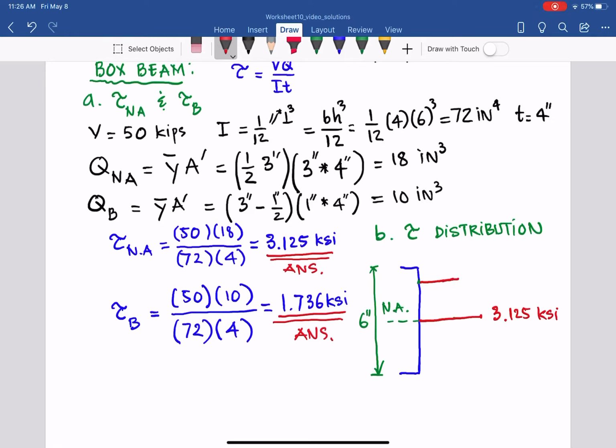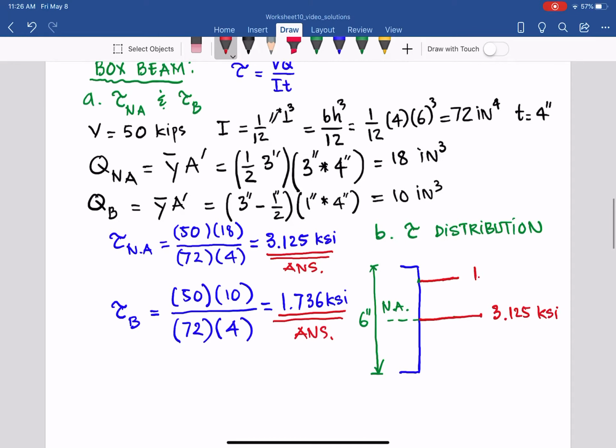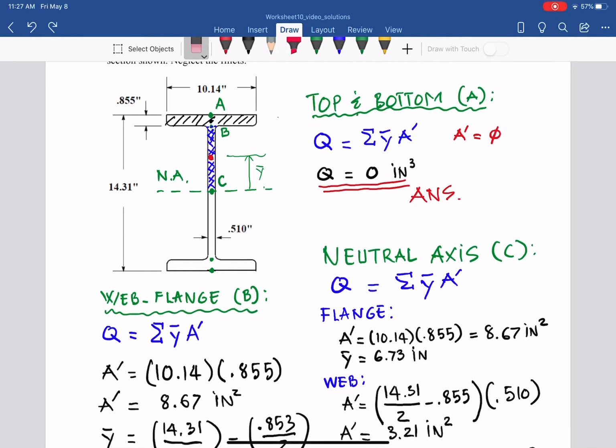So that point is 1.736 KSI. And this parabola is maximum at the neutral axis and 0 at the outermost fiber. And we already know the Q in worksheet A, Q for the outermost fiber. So you can see the distribution of this one is,